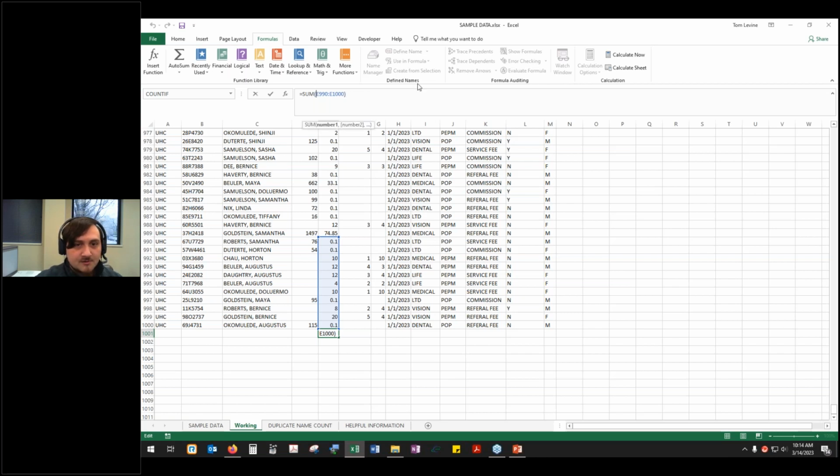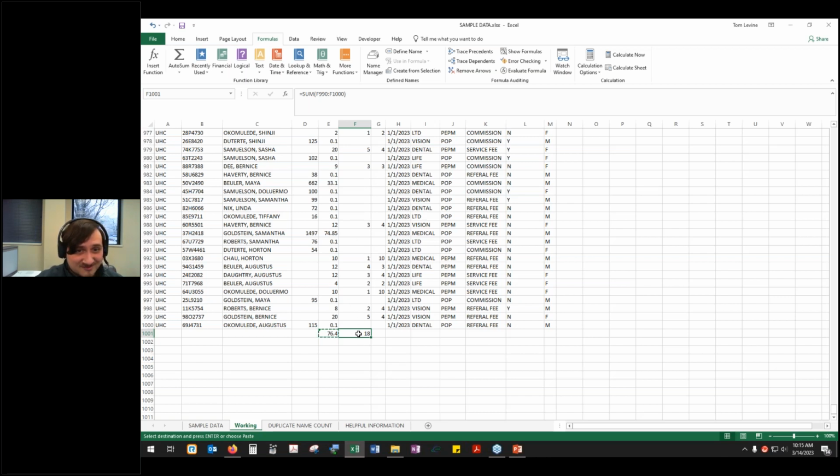Let's say that I wanted to take this function and I wanted to apply it to other columns and other cells as well. Let's say I wanted to take this function and sum the same range, but in column F. Well, there are a few ways to do this. I'm going to click on the cell, hit Control C to copy, then click on the cell next to it and hit Control V. As you can see, now we're summing,